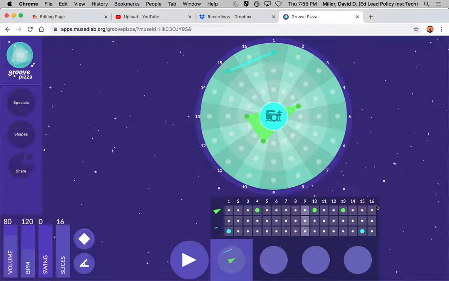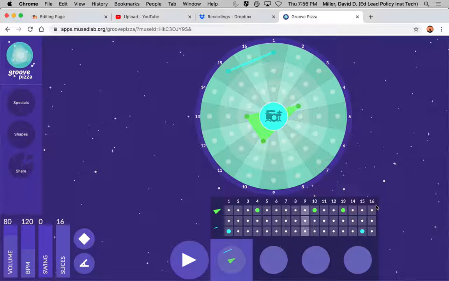So it kind of reinforces the idea that drum beats loop around. Each of the subdivisions, or the slices as they call them, go around, and then there are 3 tiers, and each one of those tiers represents a different instrument. One of them is a kick drum or the bass drum. One of them is usually a snare sound, and the other one's sort of a hi-hat, cymbal-y sound. And basically, you create beats simply by clicking on the dots in a particular ring, and any dot you click on will play on that slice as it goes around.